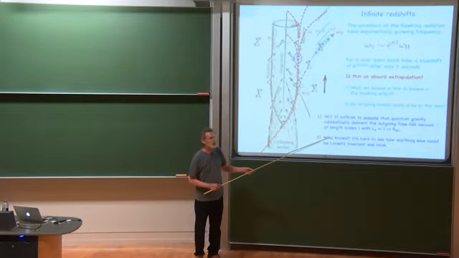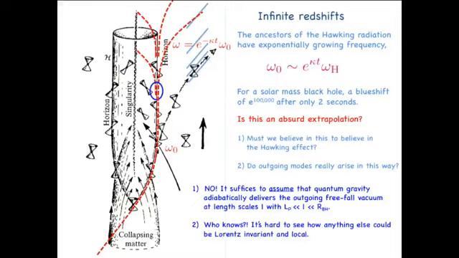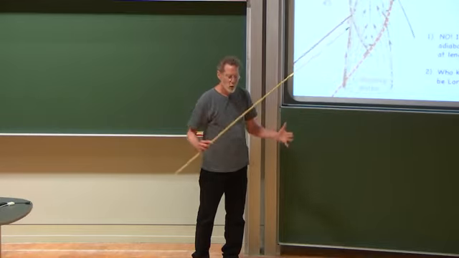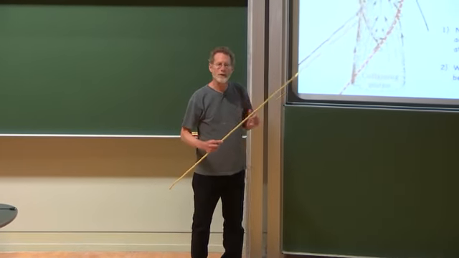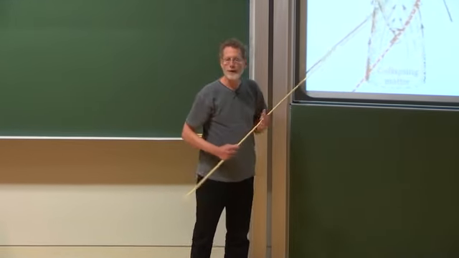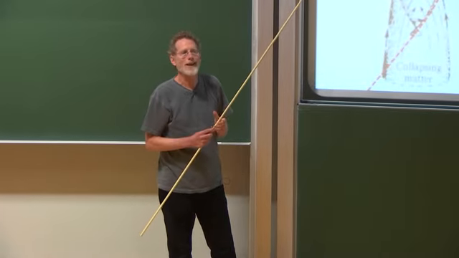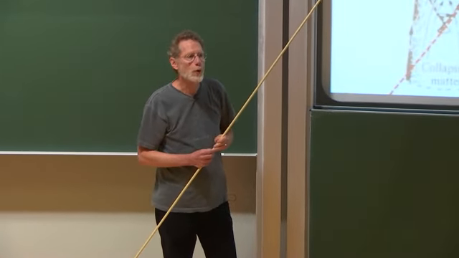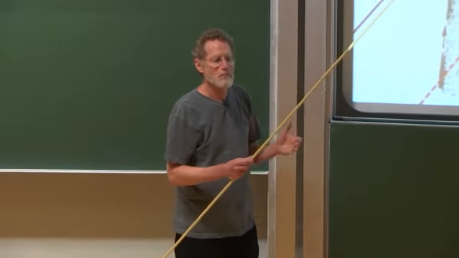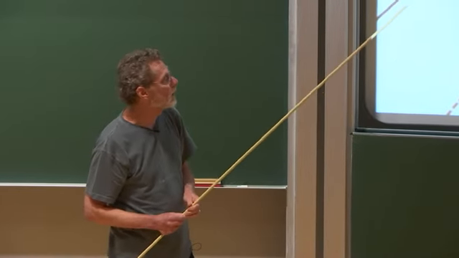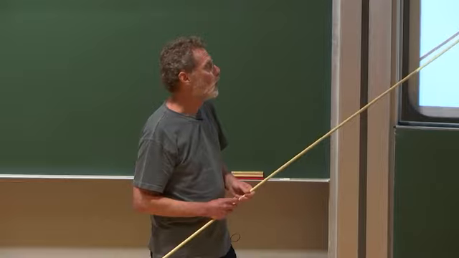The second question: do outgoing modes really arise this way? I would say, who knows? In fact, I find this an extremely puzzling aspect still. Because of Lorentz symmetry, there's no preferred frame near the horizon locally. The black hole as a whole defines a preferred frame. So we could imagine logically that somehow the black hole spacetime non-locally produces the outgoing modes without ever passing through essentially infinitely blue-shifted progenitors. But that's a non-local process, and I don't know how to even begin formulating that within local quantum field theory, for instance, or in quantum gravity.